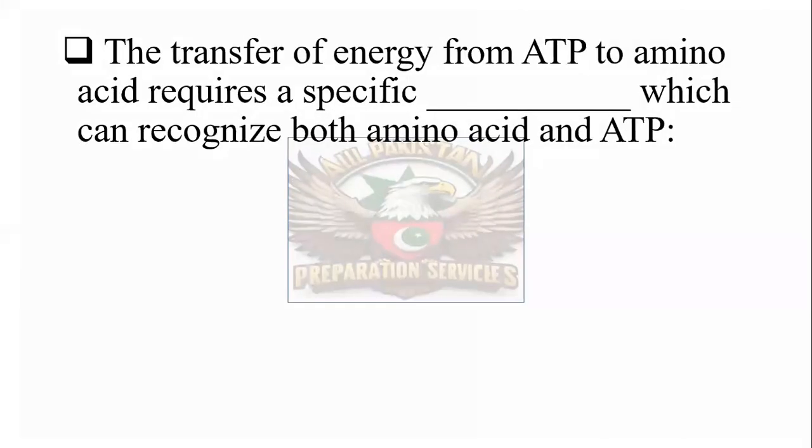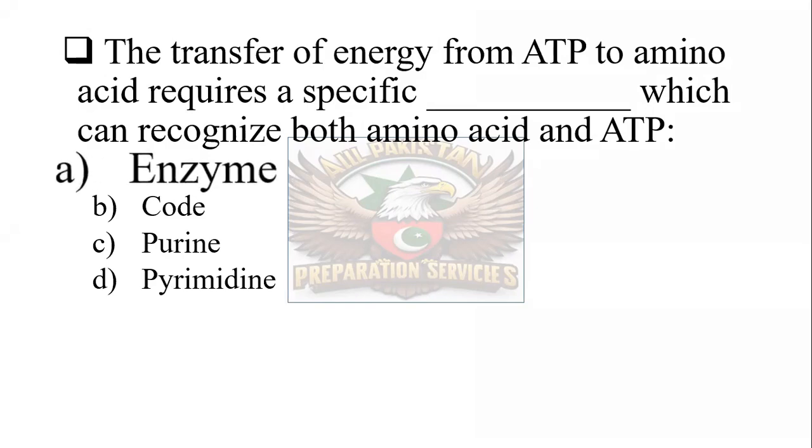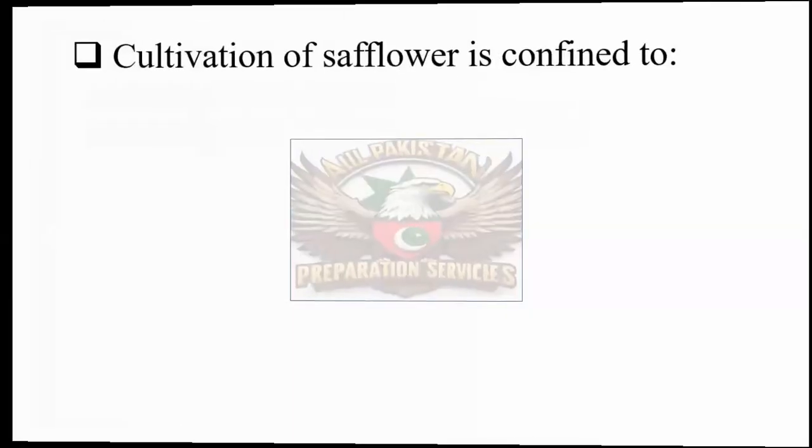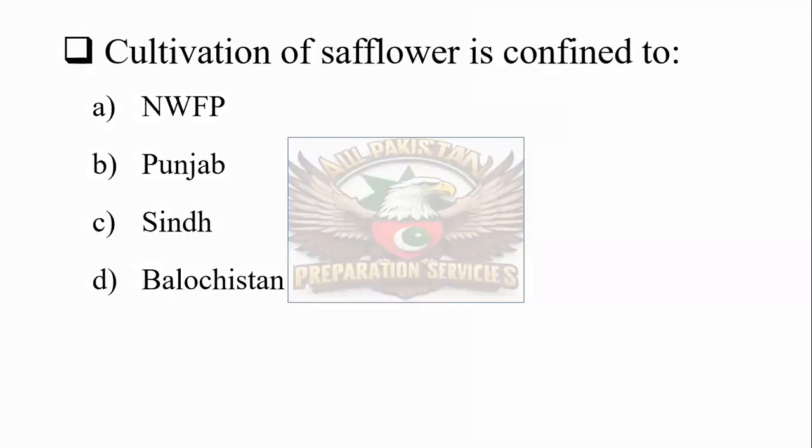The transfer of energy from ATP to amino acid requires a specific, which can recognize both amino acids and ATP: enzyme, code, purine, or pyrimidine? The correct one is enzyme. Cultivation of safflower is confined to NWFP, Punjab, Sindh, or Balochistan? The correct one is NWFP. Safflower is cultivated in